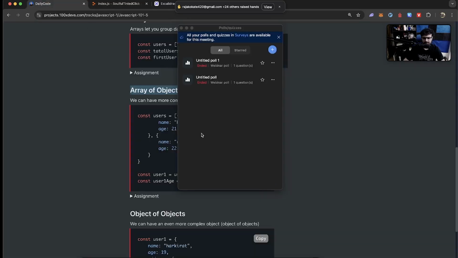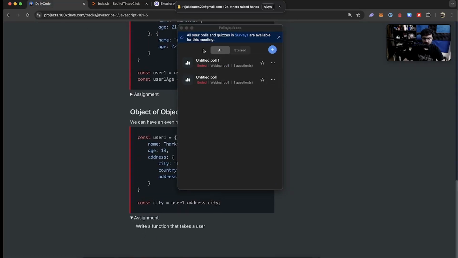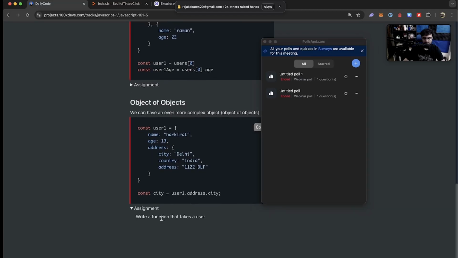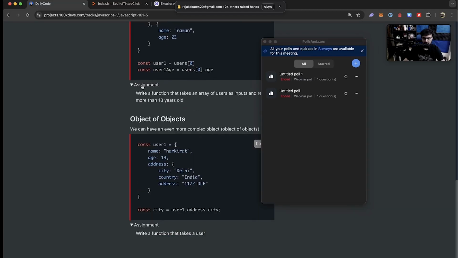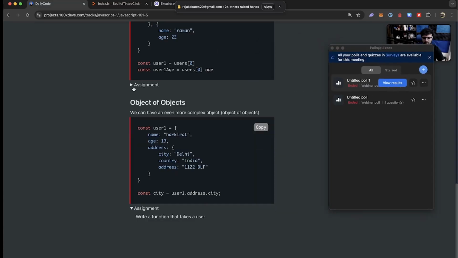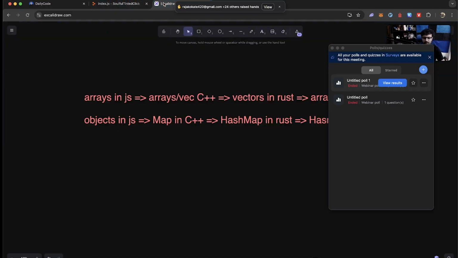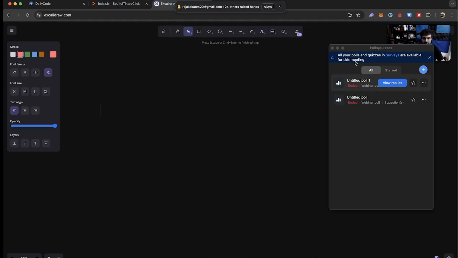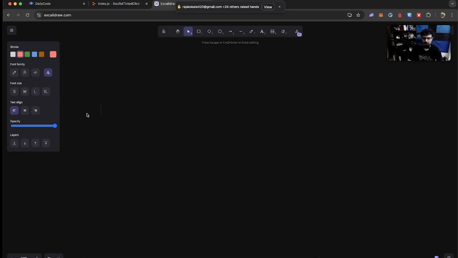Can we try this assignment? Is there an assignment? Assignment says write a function that takes a user and then it finishes. What would have been this assignment? Takes a user. Let me give an assignment right now, and then try it out while I try to debug the Telegram username.